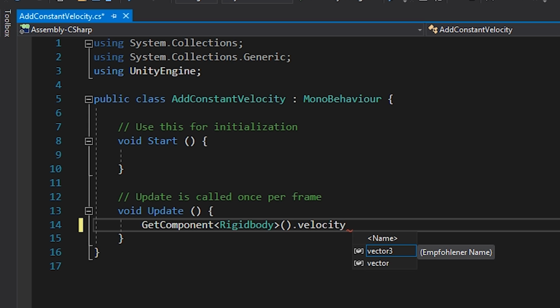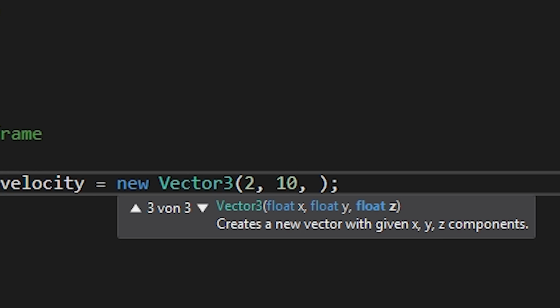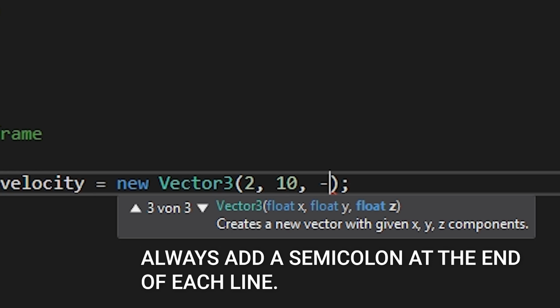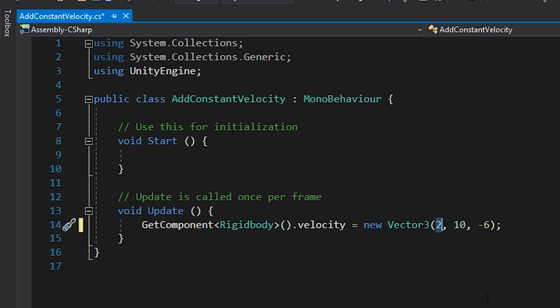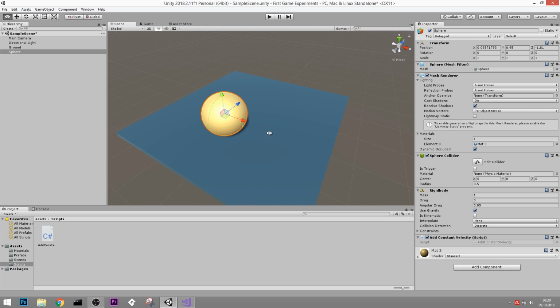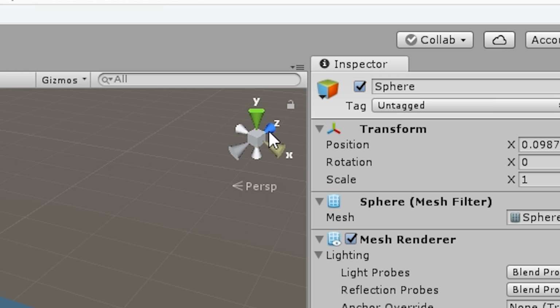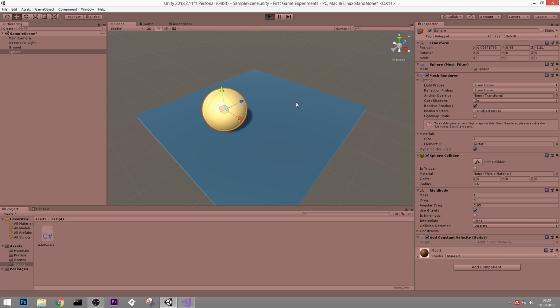In case you're wondering how a vector looks, a vector basically looks like that. It has an x component, a y component, and a z component. So this basically just sets the horizontal speed to 2, the vertical speed to 10, and then the speed in the z-axis to -6. So the z-axis is this blue one right here. The way that looks when we launch the game